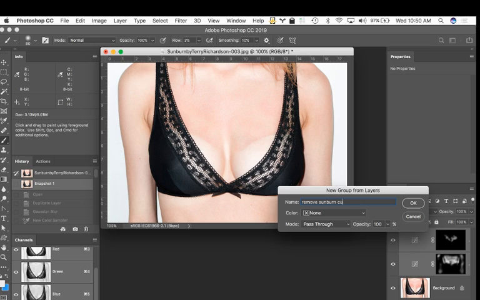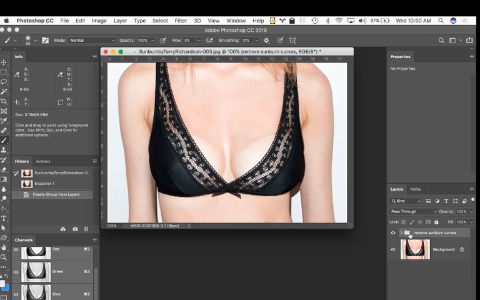Curve. Good to go. Okay, so the next way we're going to do that, go ahead and turn